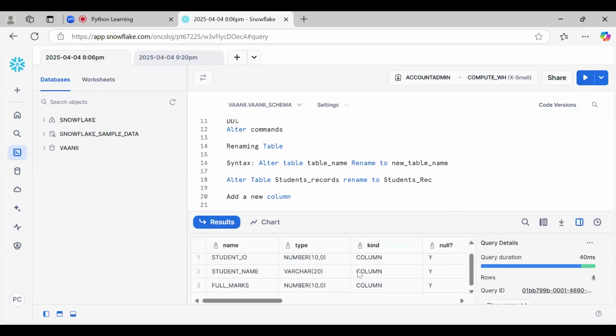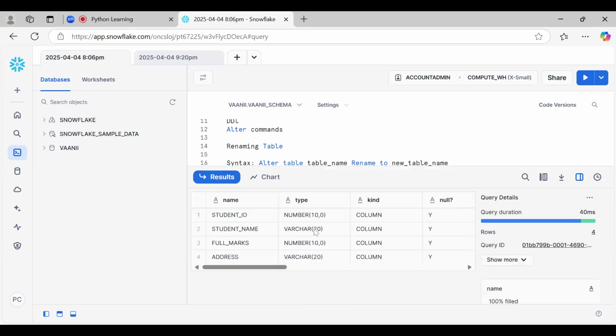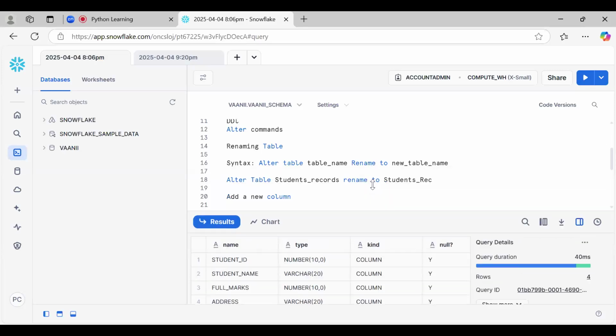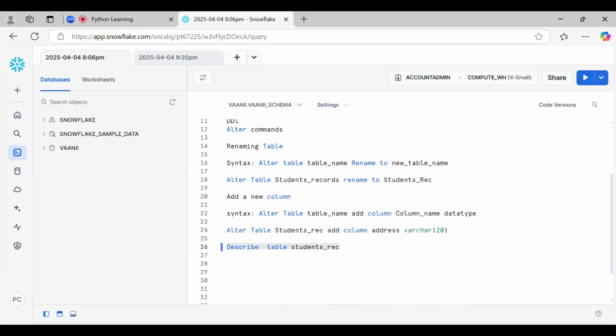Okay, so you can get here now. First we had student ID, student name, full marks. Now this address column has also been added because we added it through the alter command. So this way you can check.